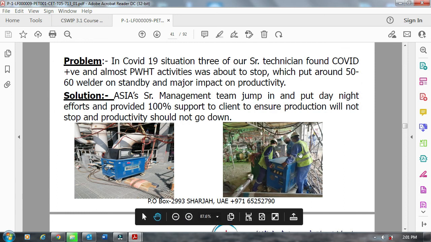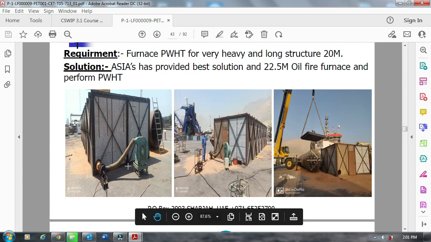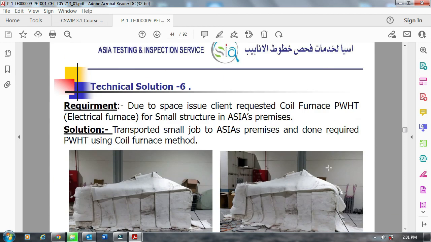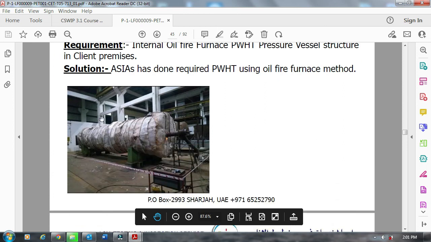Usually this machine is very heavy. It has to be taken to the site wherever the PWHT is supposed to be carried out. And this, I told you, is the top loading furnace. You can see this giant pressure vessel will be done for PWHT in one time. And this is also one way of covering for PWHT, and then you can see all the wires going to it. This is the PWHT being done for the big